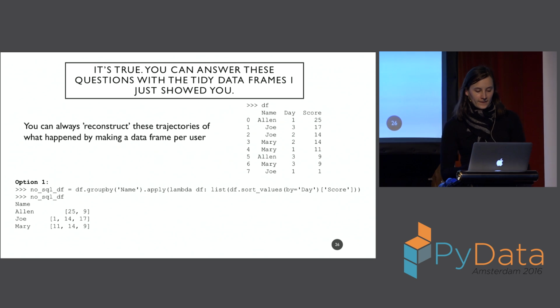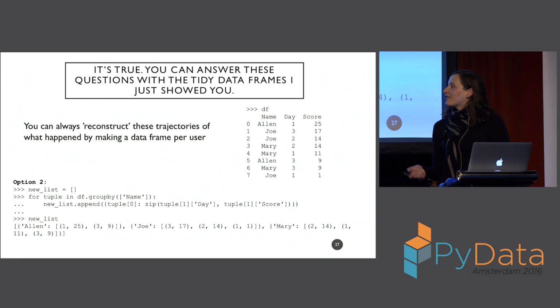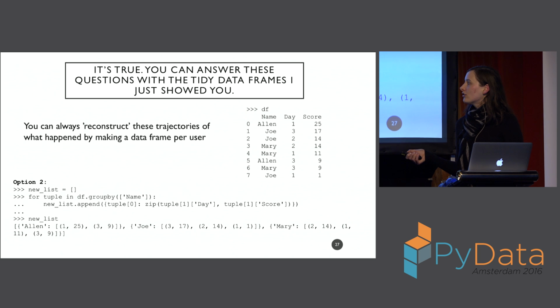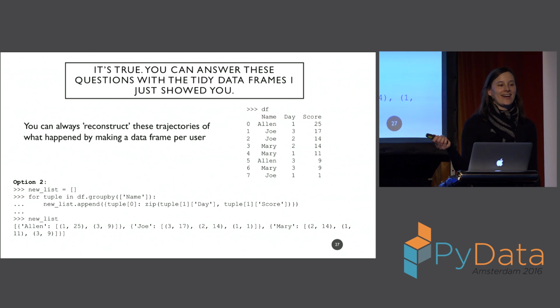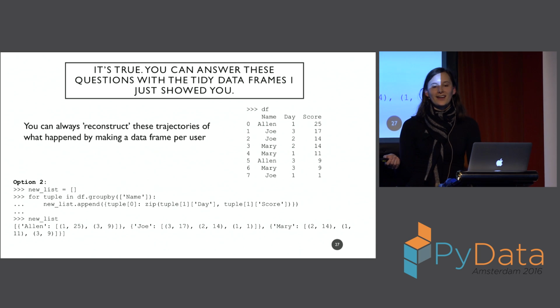Kind of important. Okay, then I thought of another one, and again, I am not claiming to be a pandas whiz, but I thought, well, I'm going to just make a new list. I'm going to go through that tuple that comes out of the group by, and for each of those, I'm going to make a little mini dictionary and stick that on my list. Oh, well, now we're all super happy, right? This is the opposite of tidy. I've got a list with a dictionary inside. This is okay. At least I know when Alan missed his test now.